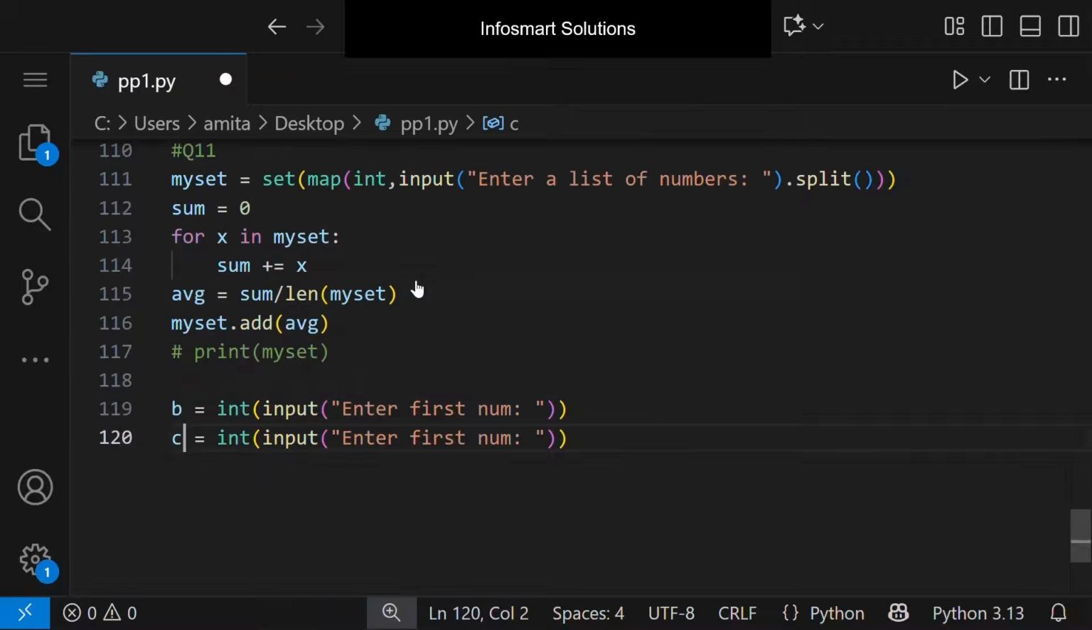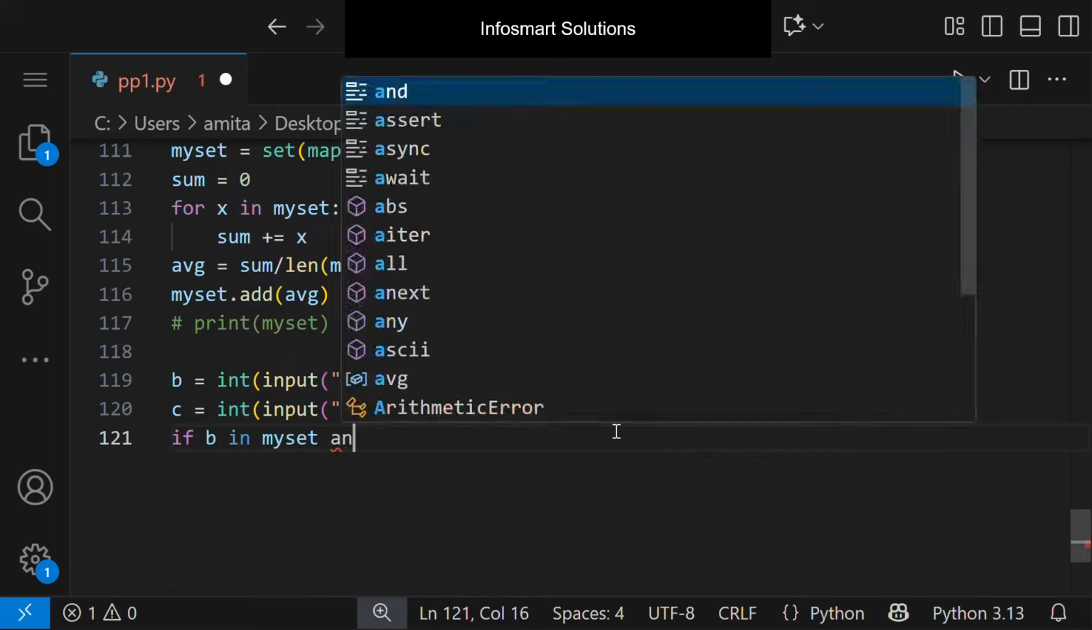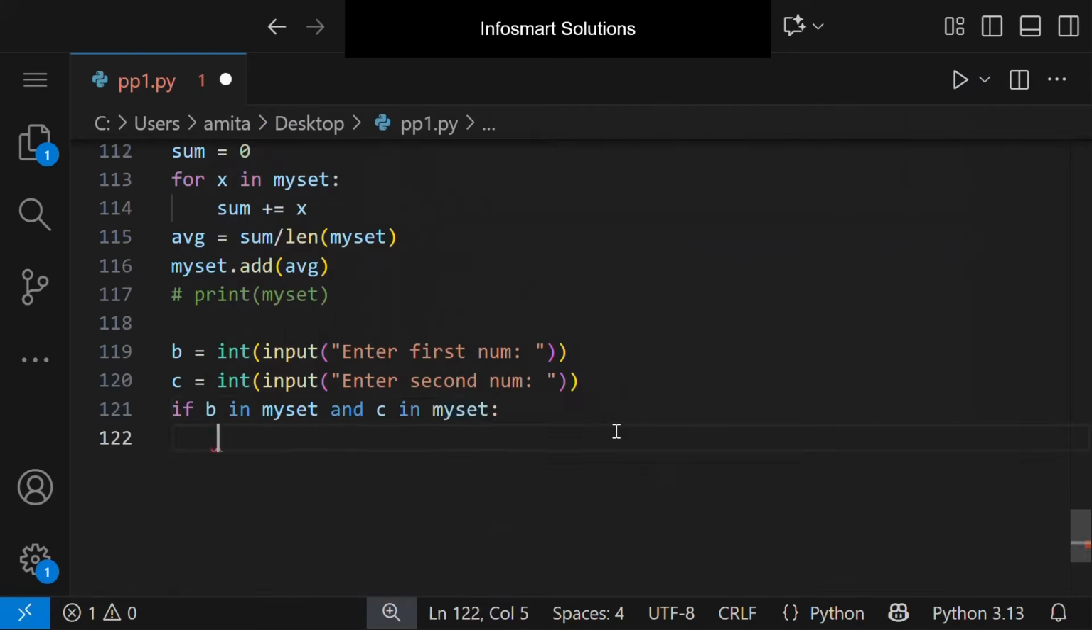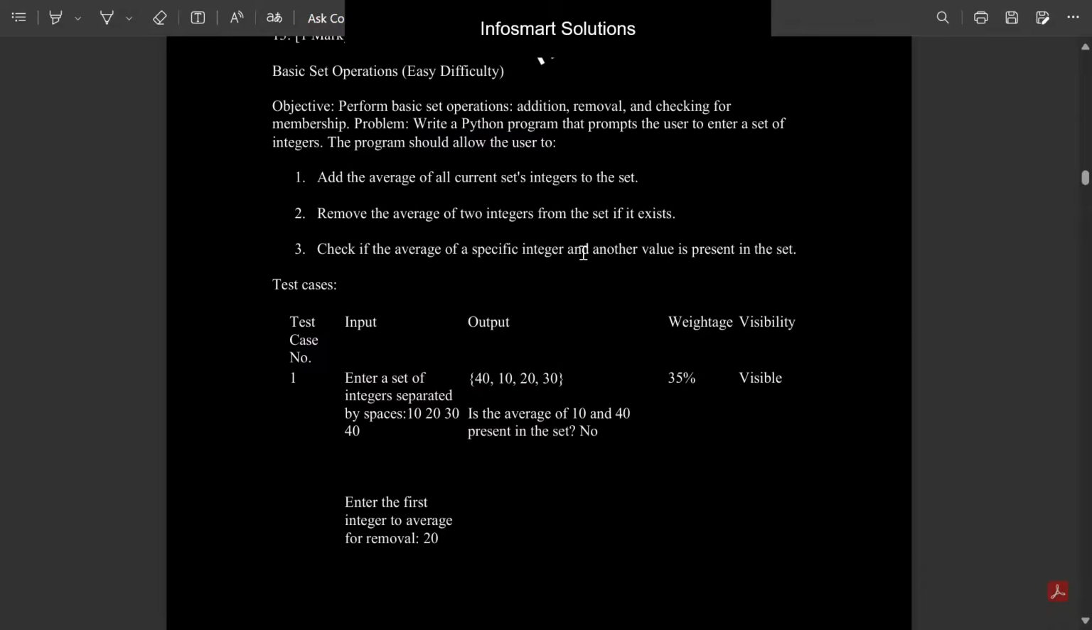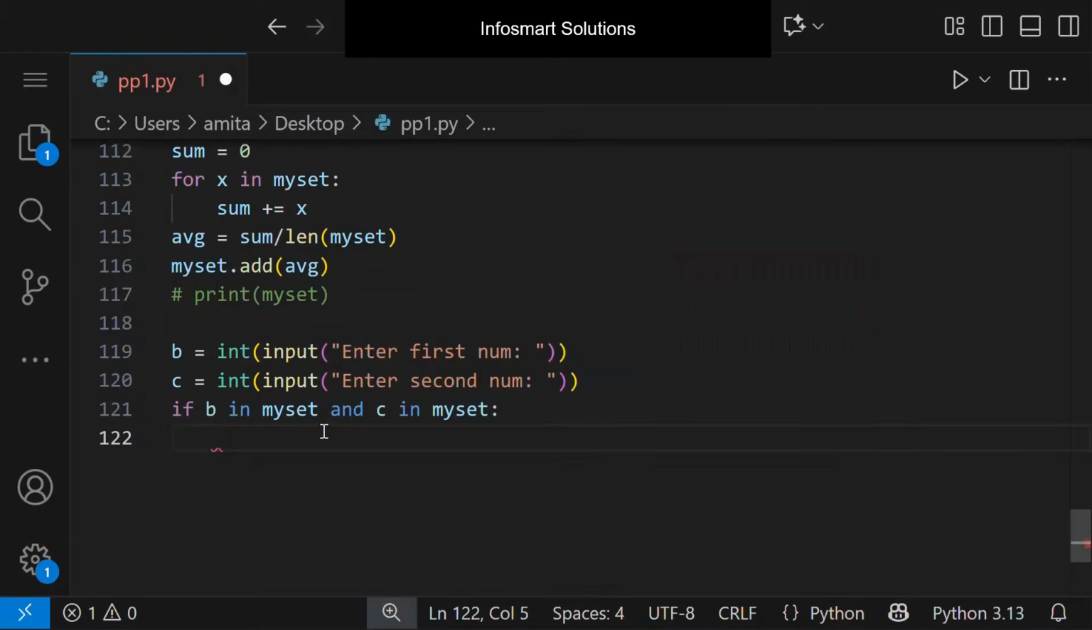Then C will be enter second number. Then we will use the if condition, if B in my set and C in my set. So if both the numbers are present in the set, because if you read carefully, it's written two integers from the set if it exists. Okay, so the integer should be present in the set. So if B in my set, C in my set,